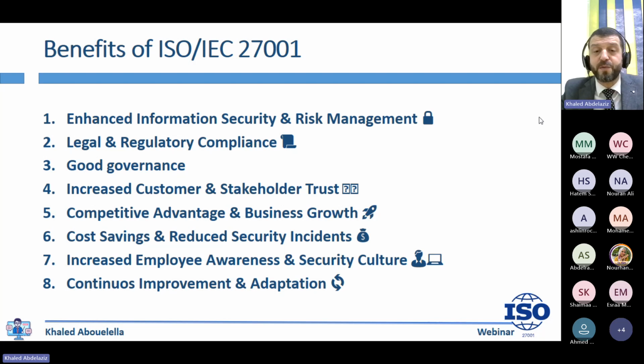You have a systematic approach for risk assessment and risk treatment, whatever the approach you are going to follow. Regardless, you need to have a systematic approach by implementing ISO 27001 for risk assessment, which covers identification, analysis, and evaluation of the risk. Also, risk treatment, how we are going to manage this risk. We have a systematic approach to treat the risks reported or found during the risk assessment process.